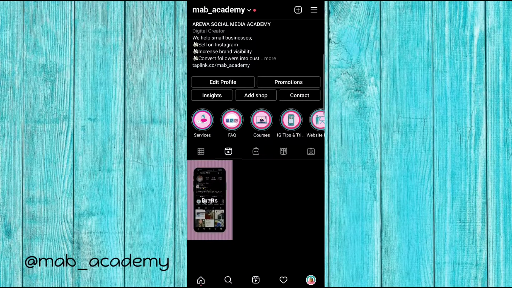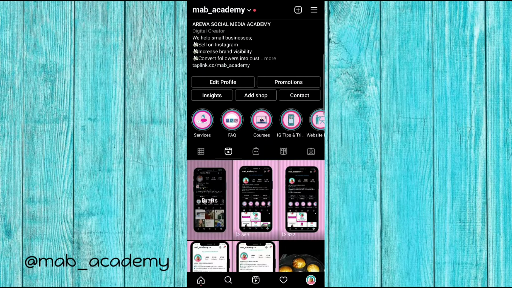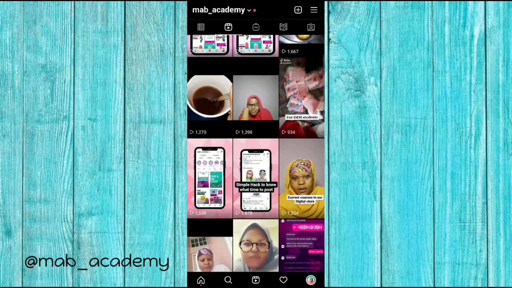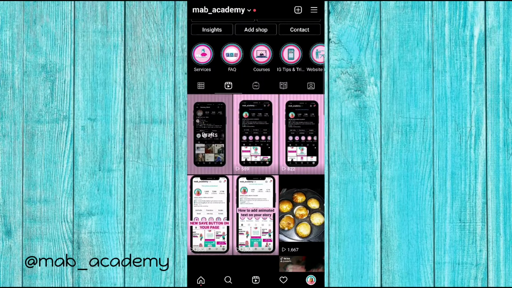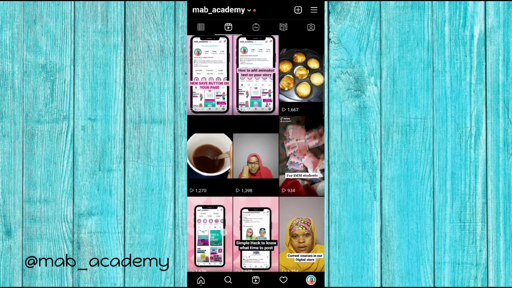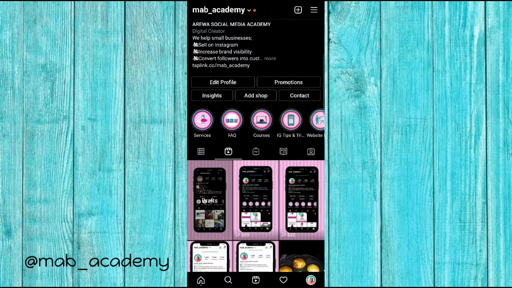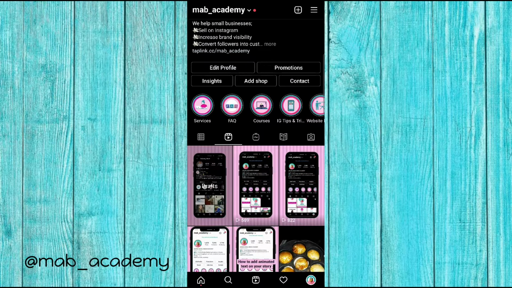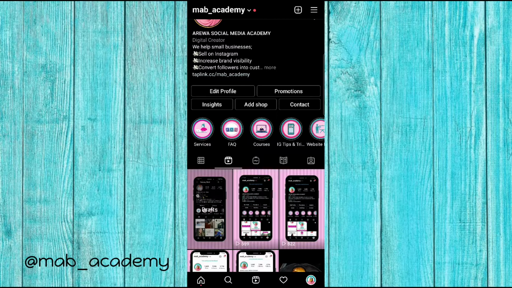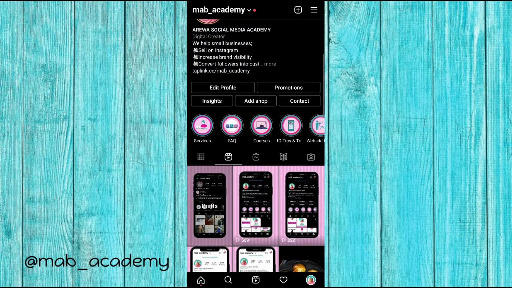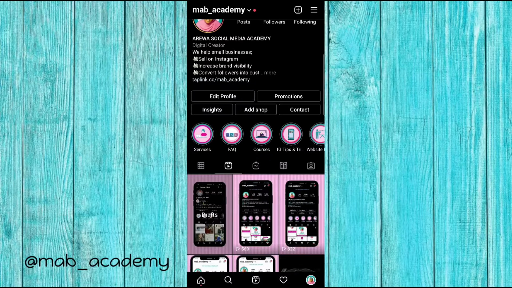Okay, this is your reels feed. When you create reels, you automatically have the reels feed. If you don't have this, it means you've never created a reel, or it hasn't reached your account yet, because some people are still complaining that they don't have reels. They've updated the app and all that. Just hold on a bit. There are some countries where reels hasn't reached yet, but it's available in Nigeria, obviously. If it's not on your account, then you have to wait a bit longer. There is nothing wrong with that, because that's how Instagram works. When they release a new update, it takes quite a lot of time before it reaches every account.